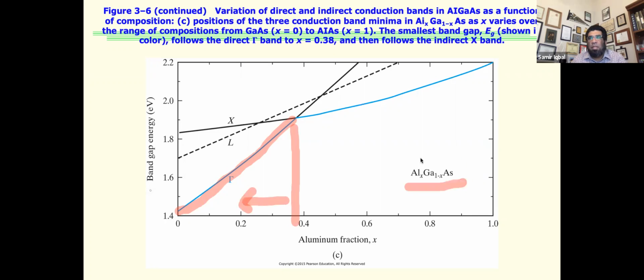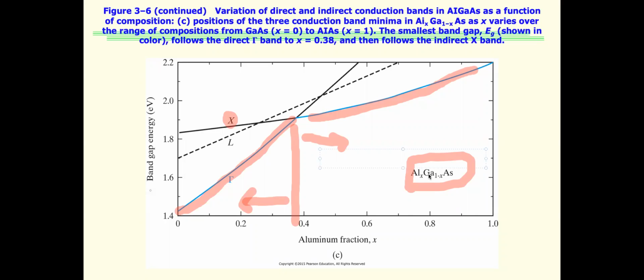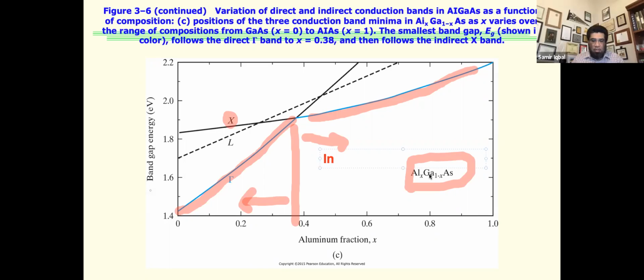Anything from that side is then, because this X becomes lowest on this side, in this case, indirect. So if you see this figure and you are given a combination of these fractions, so in the right,